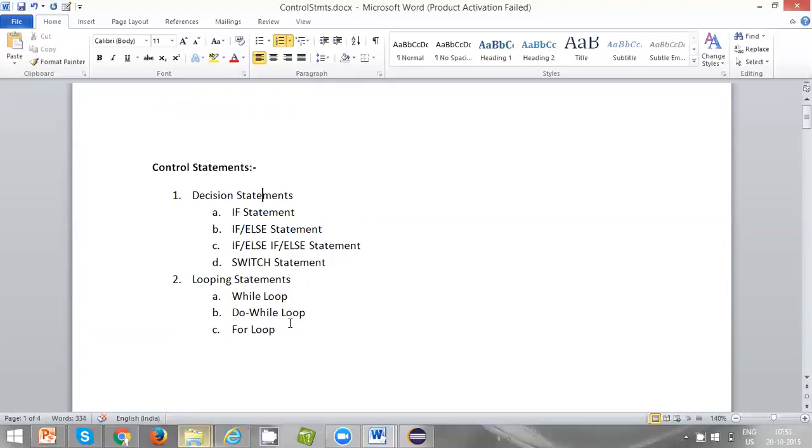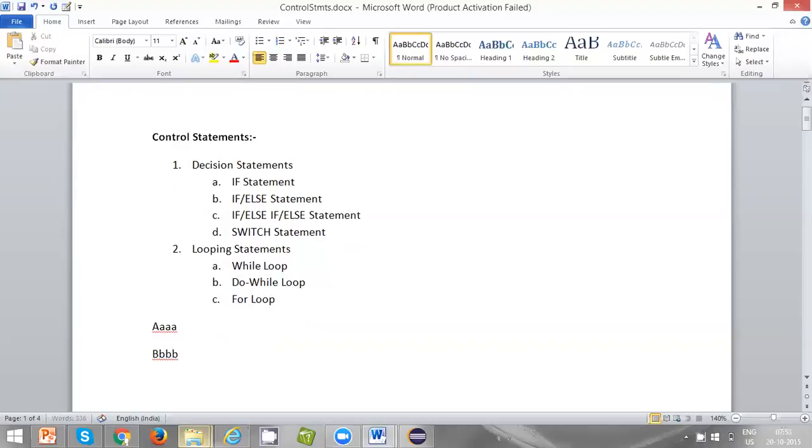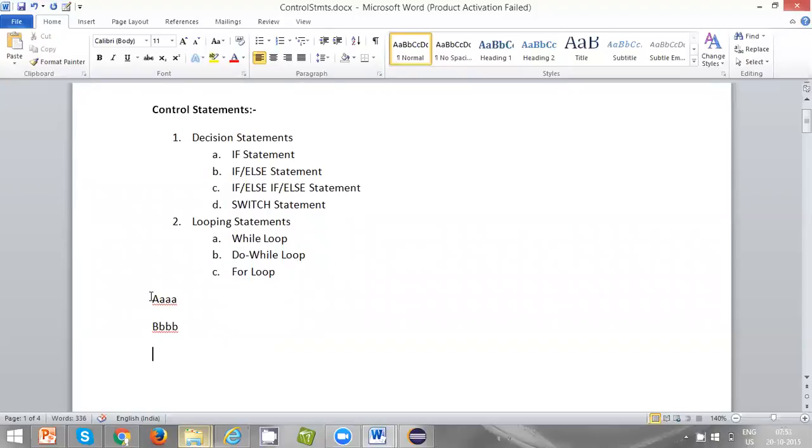For example, there is statement A and there is statement B. So this is code 1, for example, code 2, code 3.